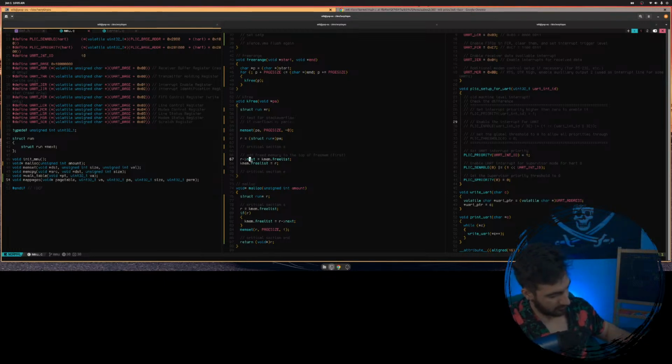It's kind of like a linked list with a pointer. But what it's doing is putting that